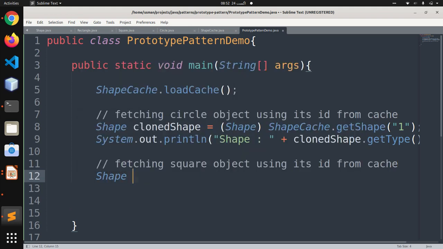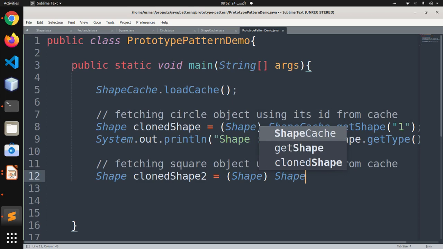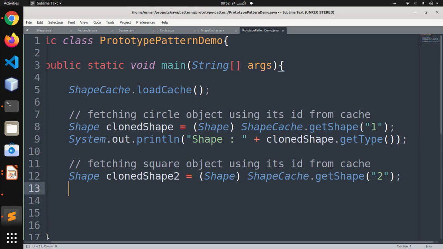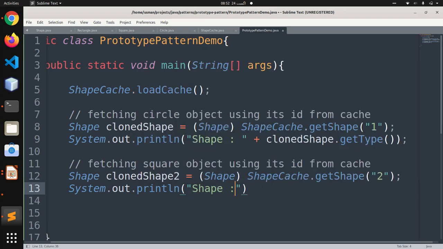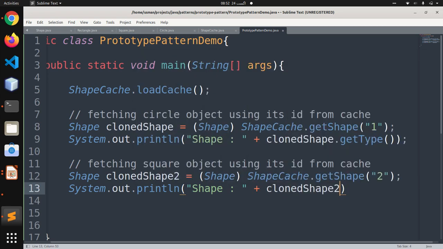Shape clonedShape2, I'm going to call it 2 so it's differentiated from the above one, equals ShapeCache.getShape(2). Let's print out something on the console so we know we are doing it in the correct way. And this one is "Shape:", it's the same code but with a different object, getType.